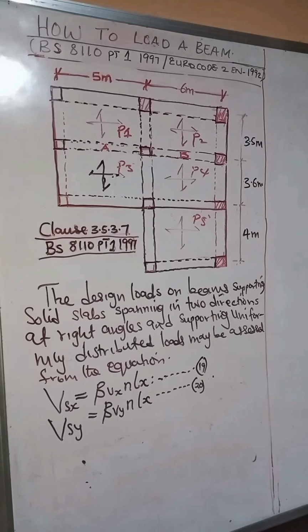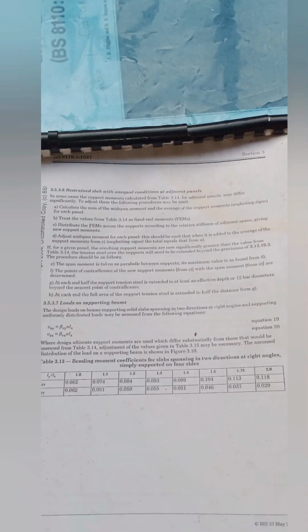Now, if you go to that clause, you will see that the code expressly states that the design loads on beams supporting solid slabs spanning in two directions at right angles and supporting uniformly distributed load may be assessed from the following equations. So we are going to do an example on that to see how we can analyze a situation carrying